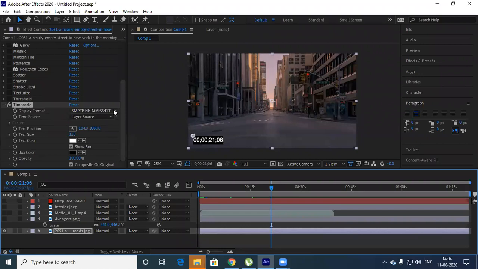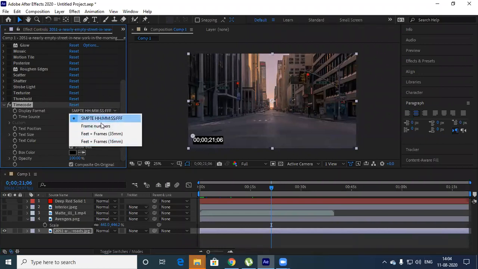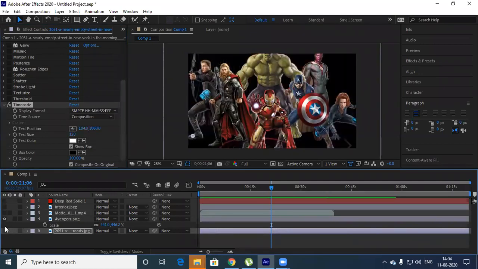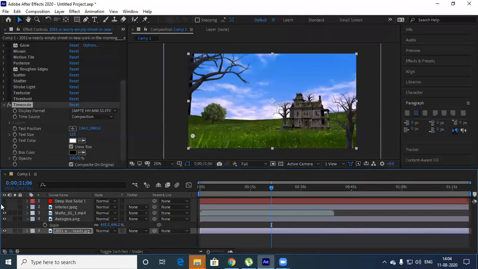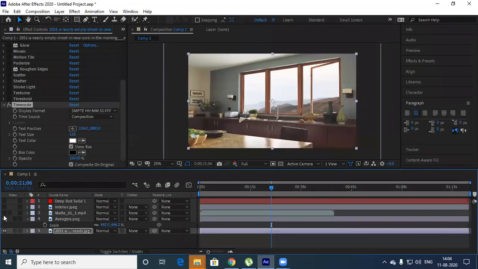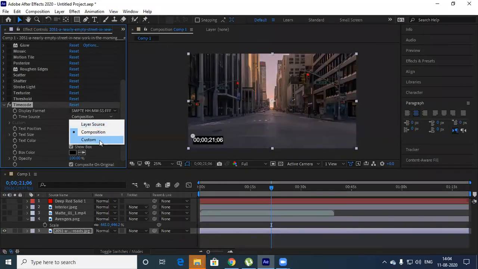So another thing, display format is over here. So how do you want, this is hours, minutes, seconds, frames, okay, like that. Layer source for composition you can have for layers. So composition means you do a lot of pre-comp, and for the composition you want, it comes on a composition. Now I have selected this particular layer. Now if I go on composition, I turn on this layer and I'll turn off. So for the composition it is there. Okay, fine. Composition custom you can define. Layer source, text color and box color you can define.